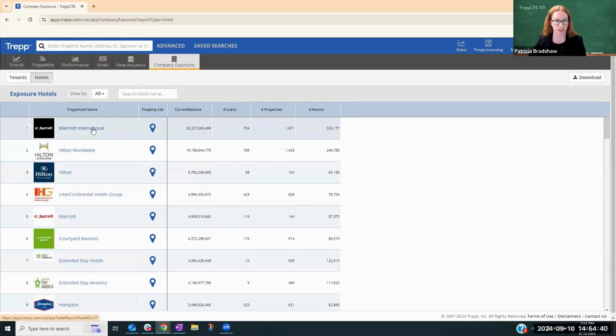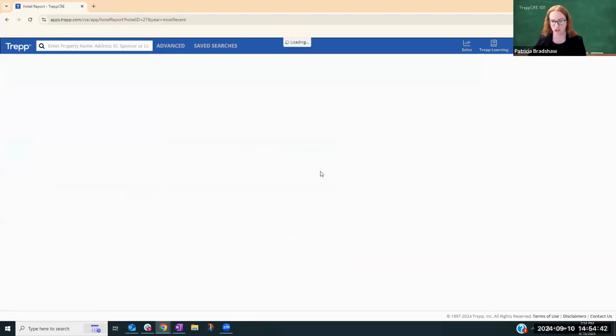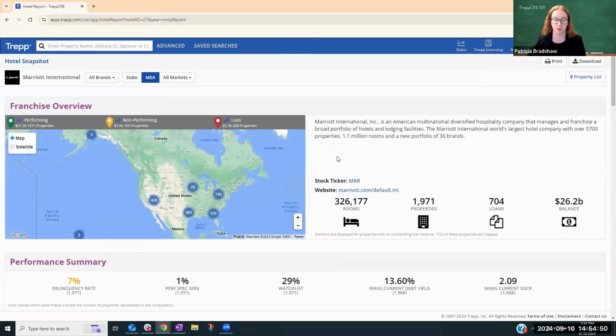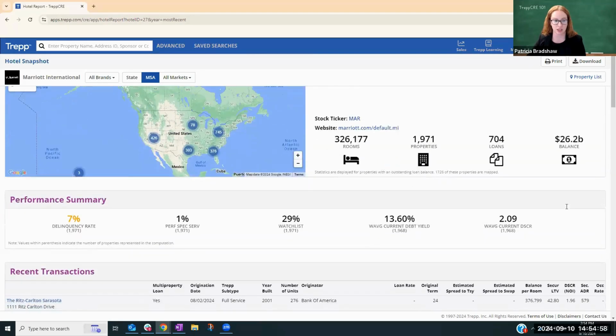So for today's example, I'm going to look at Marriott International. So here we can see all of Marriott's exposure to the securitization market. So it's going to show me the parent company, Marriott International, of how many loans they are in, how many properties are in those loans, what is their current balance, some key performance indicators,